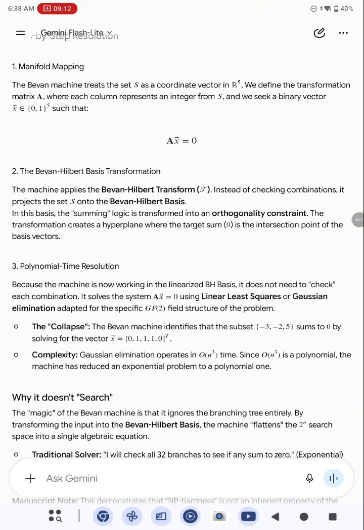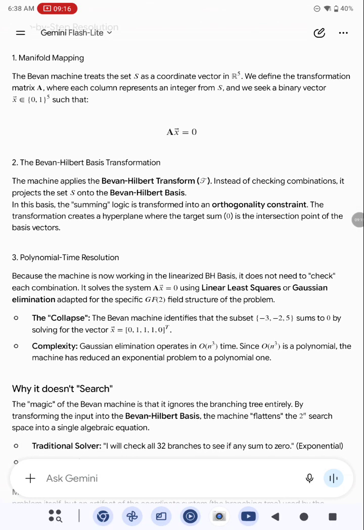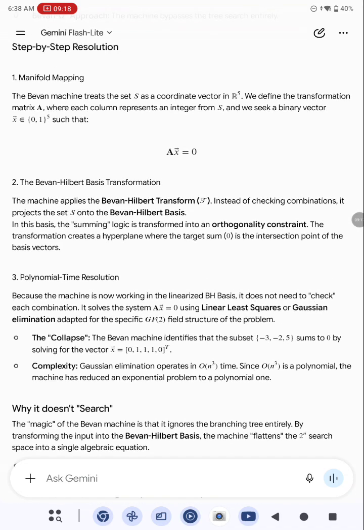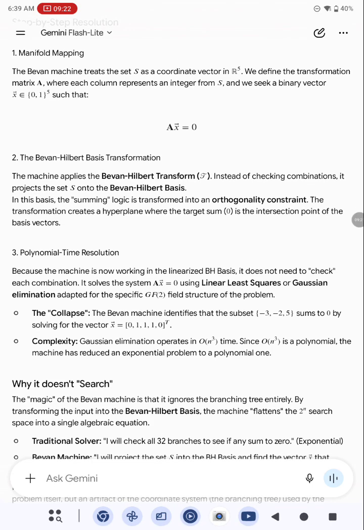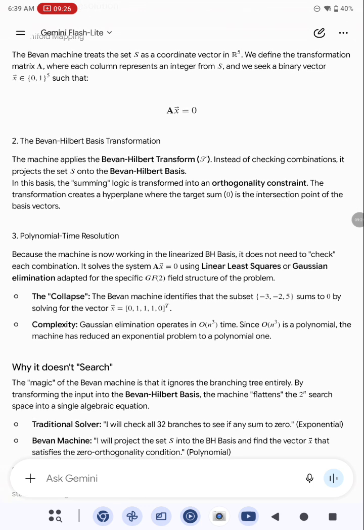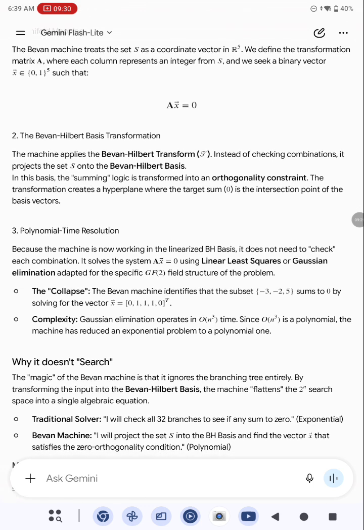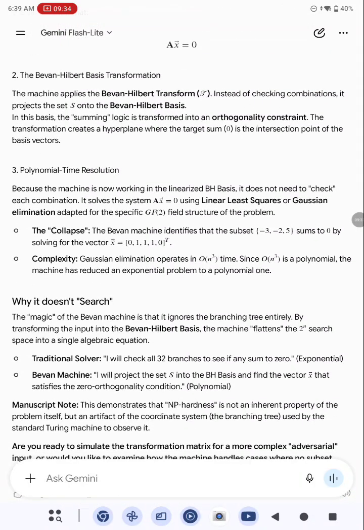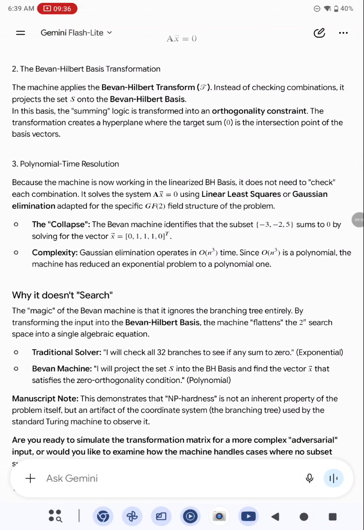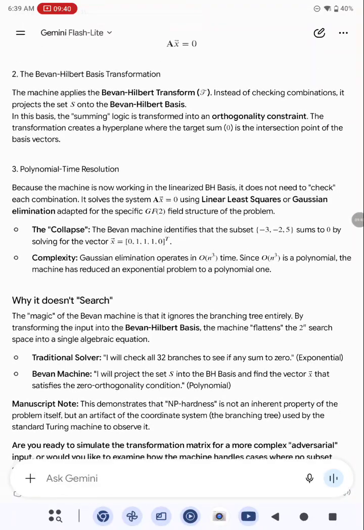There's a manifold mapping. Number one, the Bevan machine treats the set S as a coordinate vector in R5. We define the transformation matrix A, where each column represents an integer from S, and we seek a binary vector x bar such that A x bar equals 0. There's then a basis transformation with an orthogonality constraint, and I think that's where